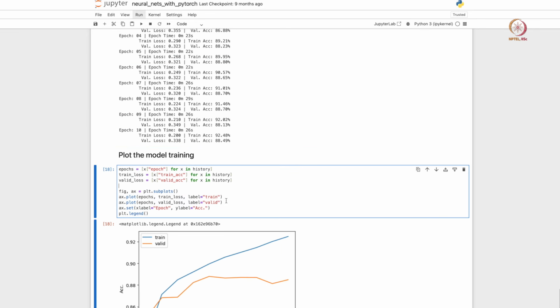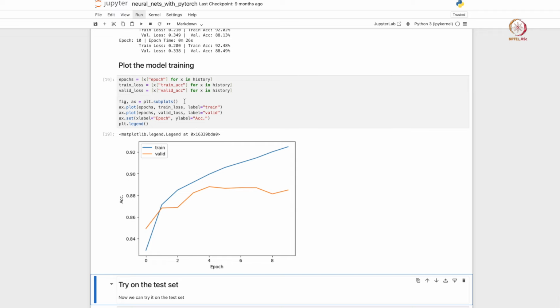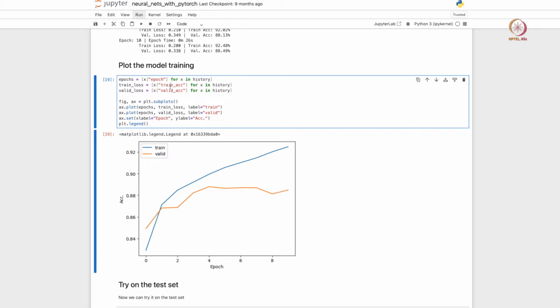We can also get some plotting done on how the losses, or how the accuracies, are varying. So I am plotting the accuracy as a function of the number of epochs here. You see that the training accuracy is generally improving almost monotonically, but the validation accuracy is not. The validation accuracy has almost peaked here and then sort of plateaued and declined.